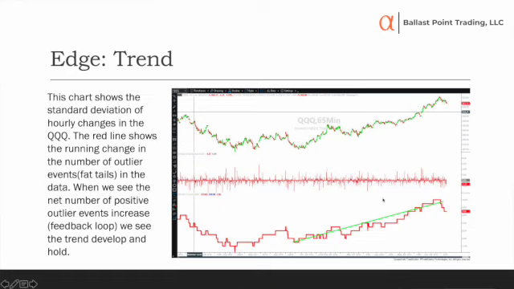So as more spikes popped on the upside, more outlier data points within the price data, it created this net differential, and it's pushing the data higher. That's a self-reinforcing loop, and this is a great example. This is the recent run-up that we had in the QQQs. We've got a lot of money flowing in there, and a lot of FOMO, fear of missing out. And people are excited about the price action, so they're just buying it, and we see the manifestation of that in the data. And we can see previous to that, when it was going down, it's going down because there were more spikes on the downside, and we can see that with this net differential falling.